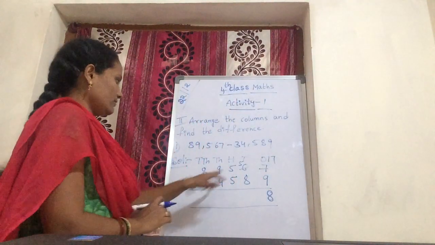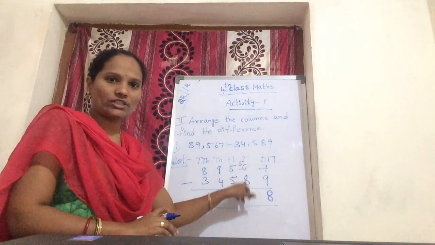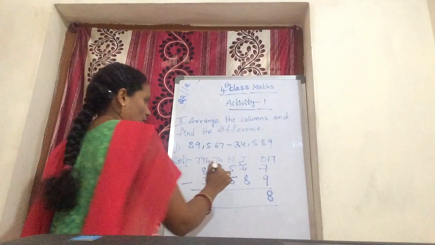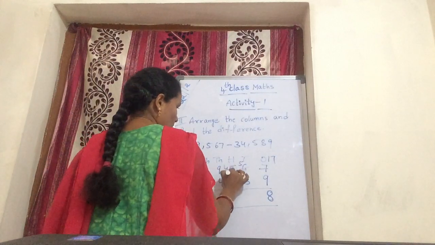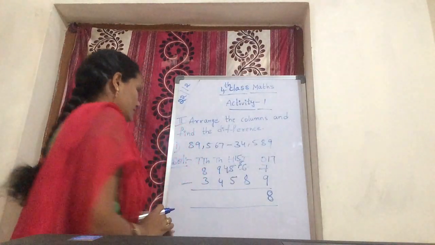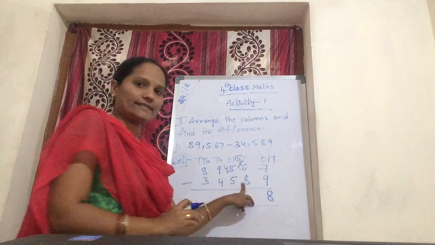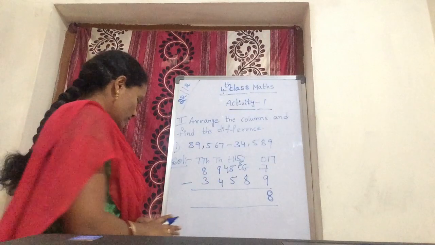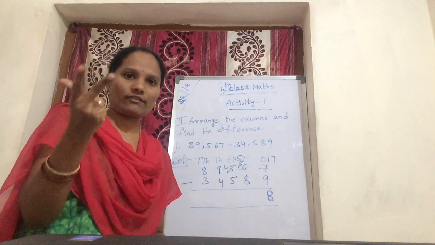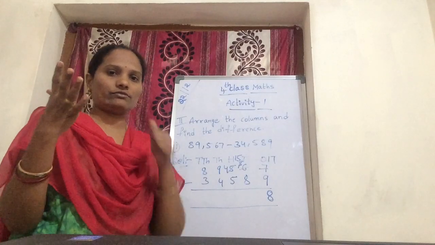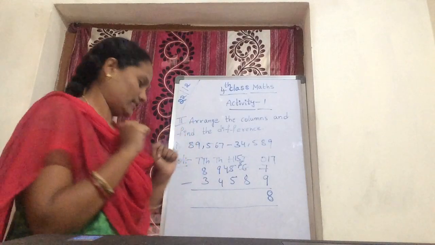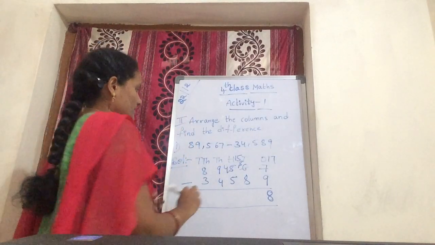Now here 5 is there. 5 minus 8. Remove 8 from 5. Possible? No. Borrowing from hundreds. Now after borrowing, 5 is the 4. Now this 5 is the 15. Now 15 minus 8. Count from 8 up to 15: 8, 9, 10, 11, 12, 13, 14, 15. You are getting how many, amma? 7. Okay, that's the answer, write it in the